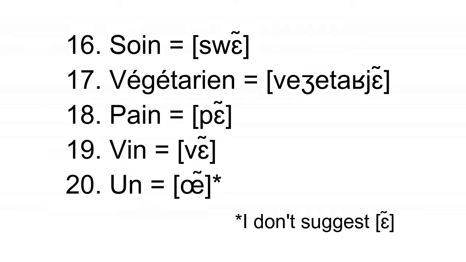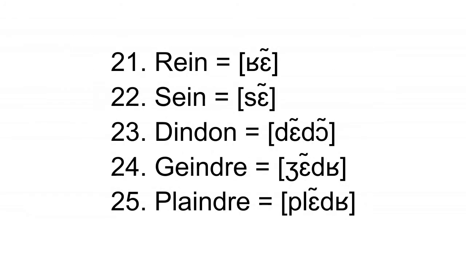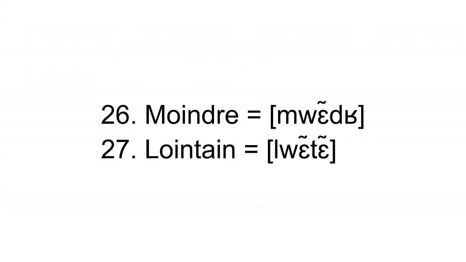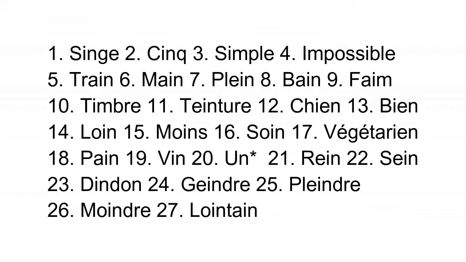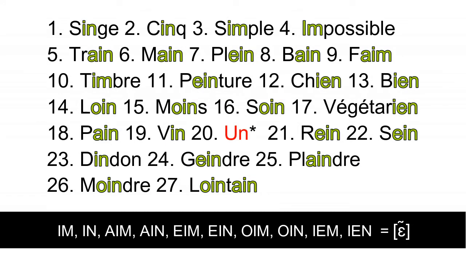végétarien, pain, vin, un, rein, sein, dindon, gendre, plaindre, moindre, lointain. In all these examples, you can observe the nasal combinations IN, IM, AIM, AIN, EIM, EIN, OIN, OIM, IEN,